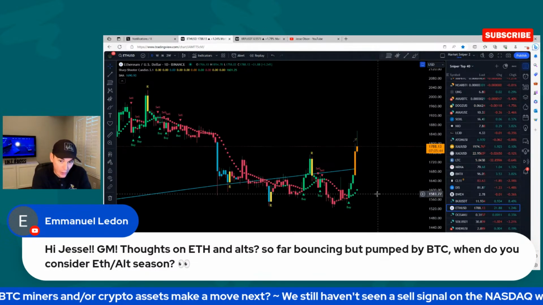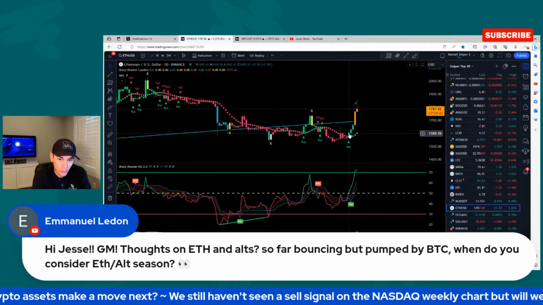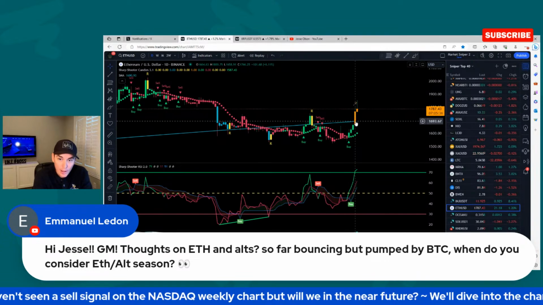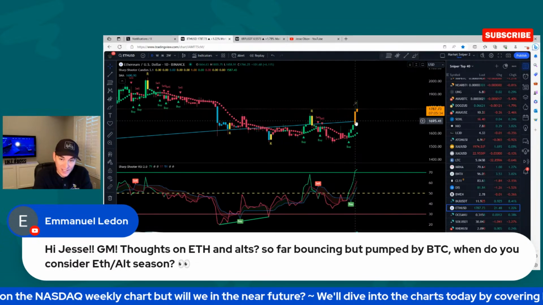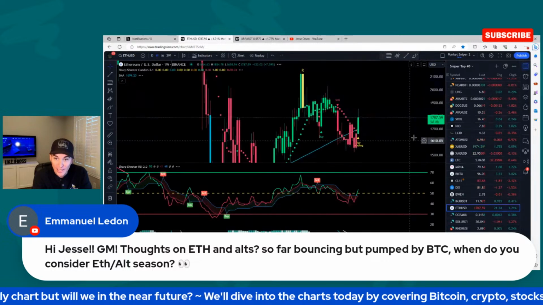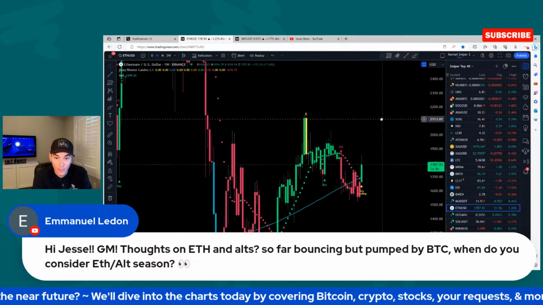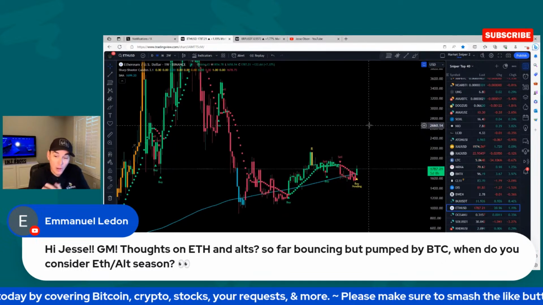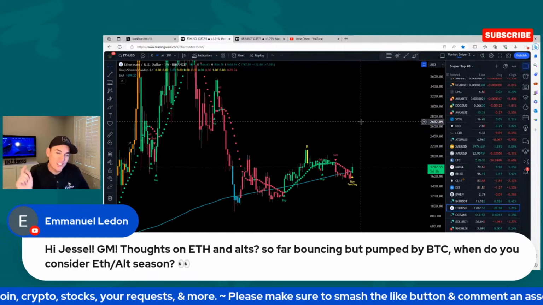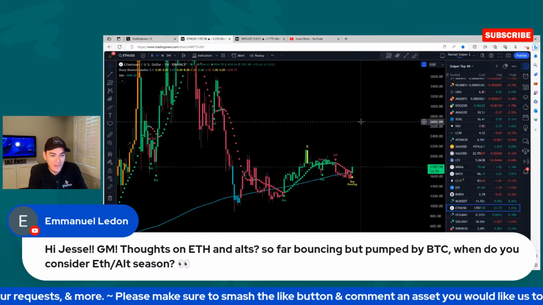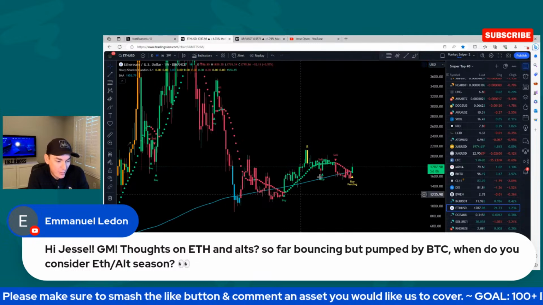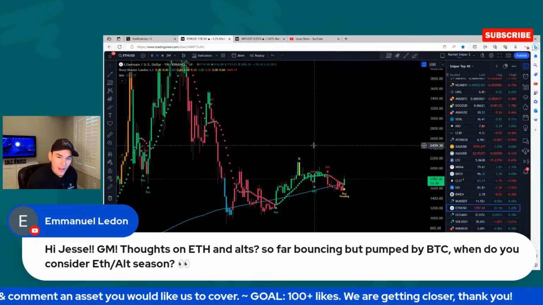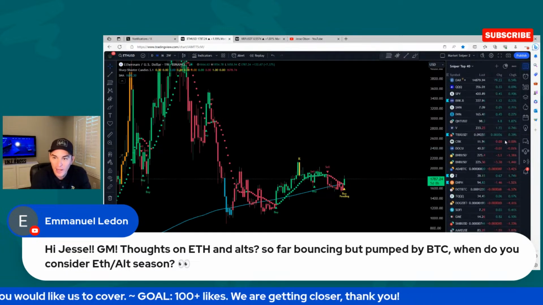So that's Ethereum. The daily chart's ultra bullish as of right now. The buy signal is back here at 1604. It's regained the 200-week moving average, very similar to Bitcoin. Weekly chart is pending a buy signal, just like we saw on Bitcoin. So is Ethereum going to make and hit higher targets? I'm going to cover all that tonight. So stay tuned. Definitely make sure to check out that video. We're going to cover it tonight, and we're going to get rocking and rolling on some alts, some Bitcoin miners.